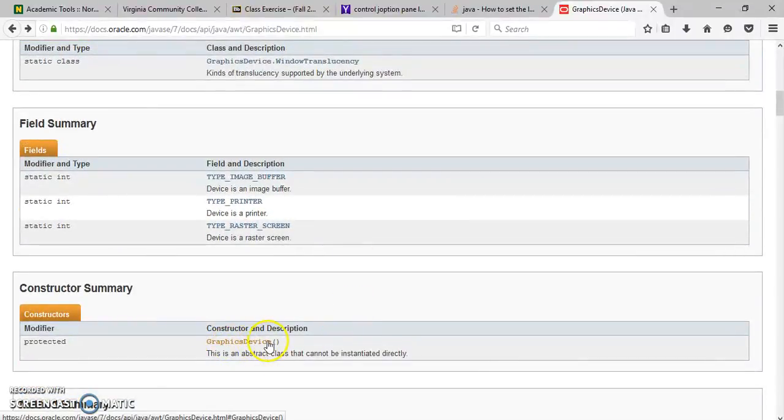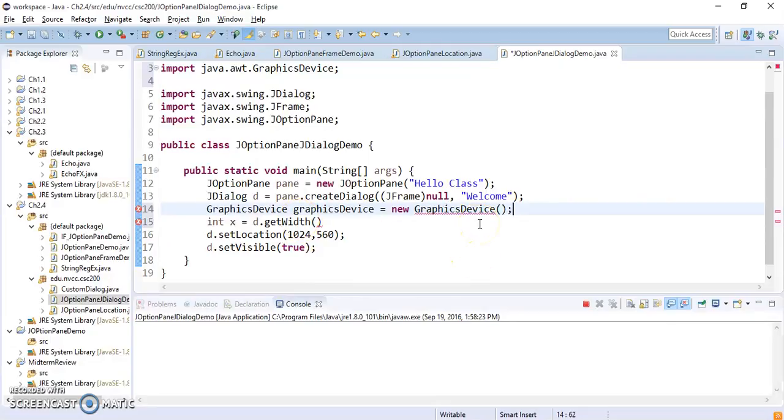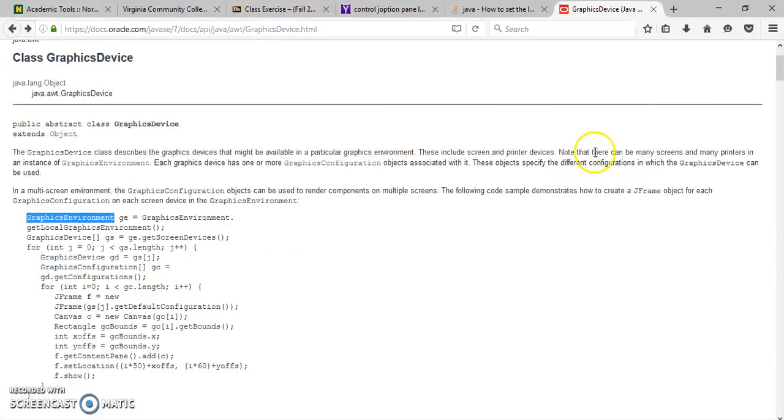Okay. It says protected again. That's why you cannot use them. We talked about scope last time. If it's public, you can use it. Private or protected, you cannot use it. Right? You cannot manually just use this. So, okay, we see that to solve this problem, we said note that there can be